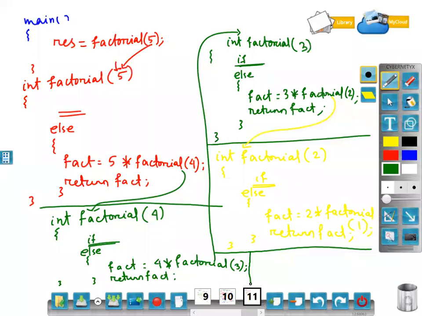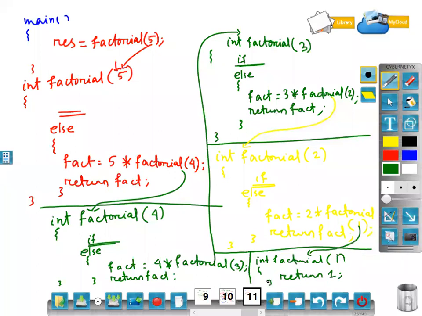Then once factorial of 1 is called, the last body, according to our example. Now int factorial, what will it catch? 1. Here the if condition will be true because the number I am catching is equal to 1. So what will it return? Return 1. Its if part will execute.